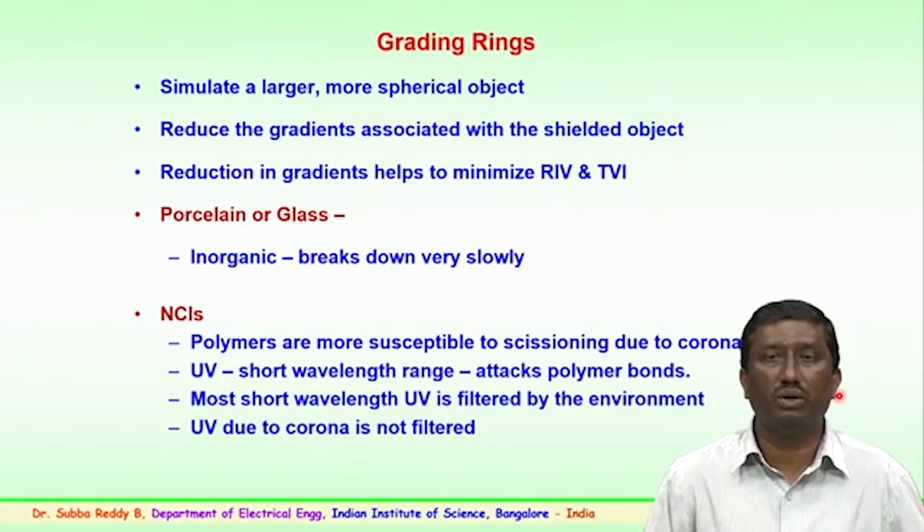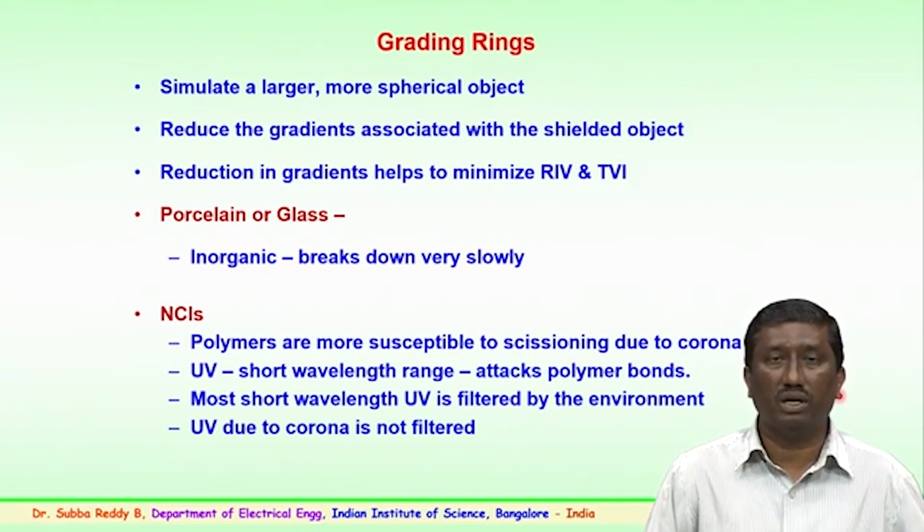As the voltage level goes up, corona control rings of a spherical or rectangular type are used in long transmission lines, and in high voltage, extra high voltage and ultra high voltage transmission for insulator strings. These help in reducing the gradients, particularly those associated with the shielded object. So, the insulator string